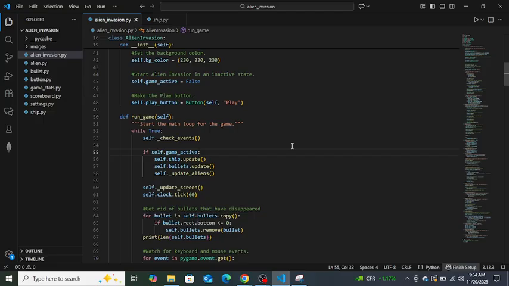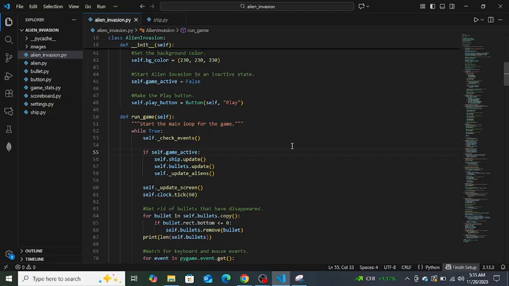And then for handling player input, we have the arrow keys to move the ship, space fires bullet, and then mouse click on play starts a new game, Q quits the game. And then it also runs the main game loop, so continuously checks the keyboard and mouse events, updates ship movements, updates bullets, so it removes bullets off screen, and updates alien positions and checks collisions, and it redraws everything on